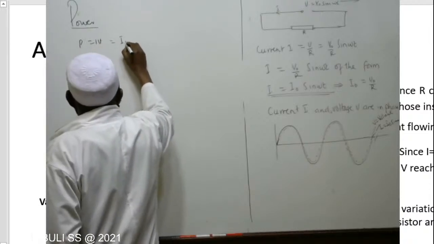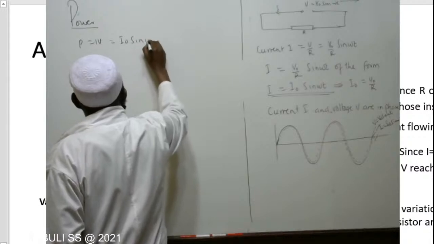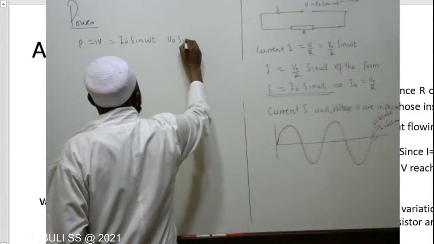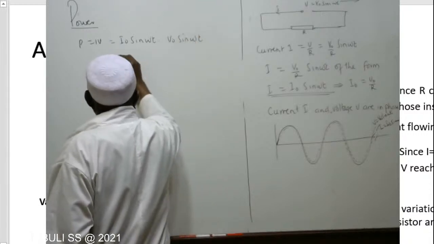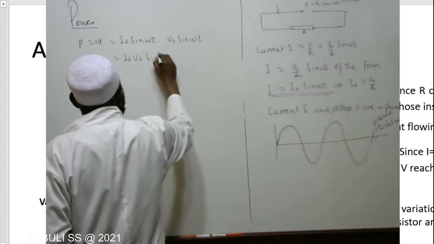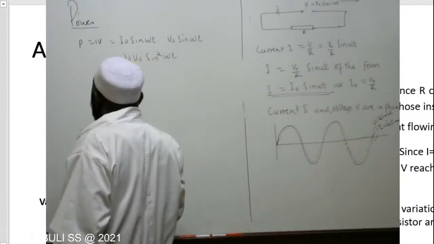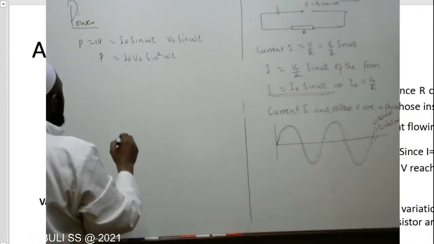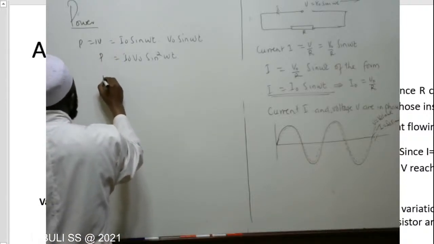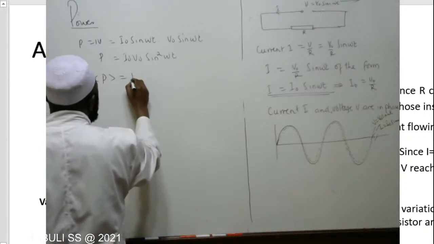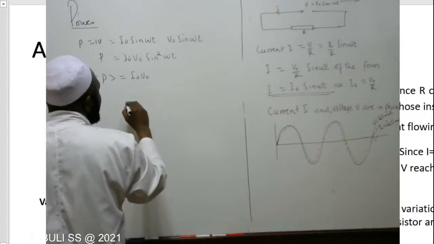So that's going to be I naught sine ωt times V naught sine ωt, which is now going to be I naught V naught sine squared ωt, giving us the expression for power. So therefore, the average power, which we symbolize by that letter, is going to be equal to I naught V naught